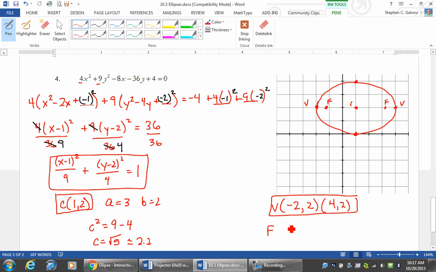And then we have to label the foci. Now we started at the center. We went right and left. So which one of the center coordinates is going to be adjusted, the x or the y? The x this time. So we start at 1 on the x, and we added square root of 5, and we subtracted square root of 5. But we did not change the y value. And those are ellipses from beginning to end. Okay. Once again,